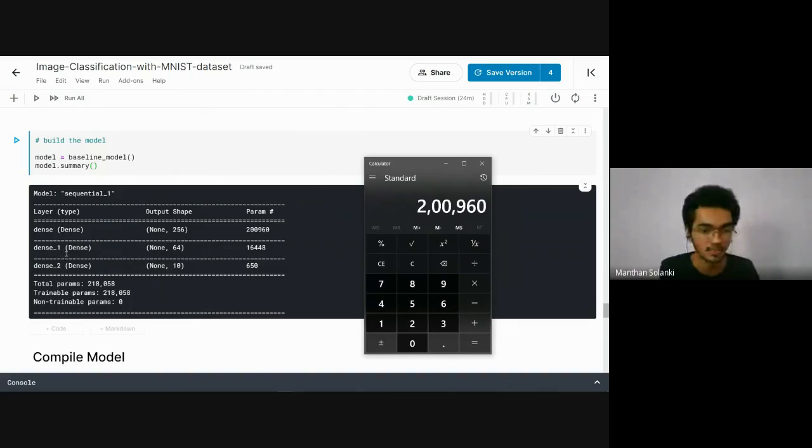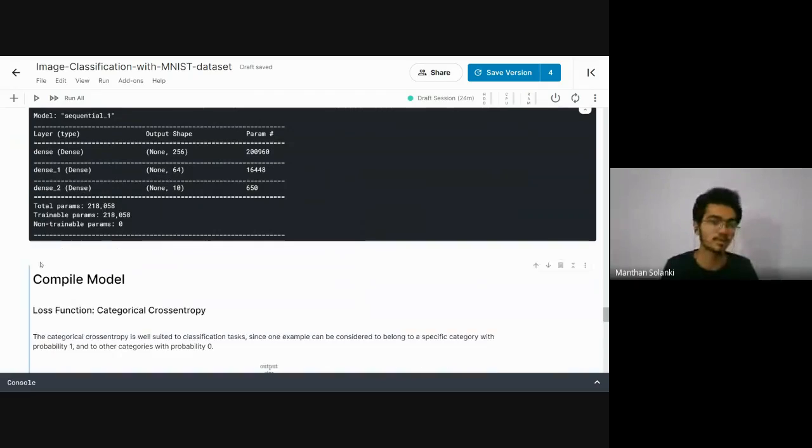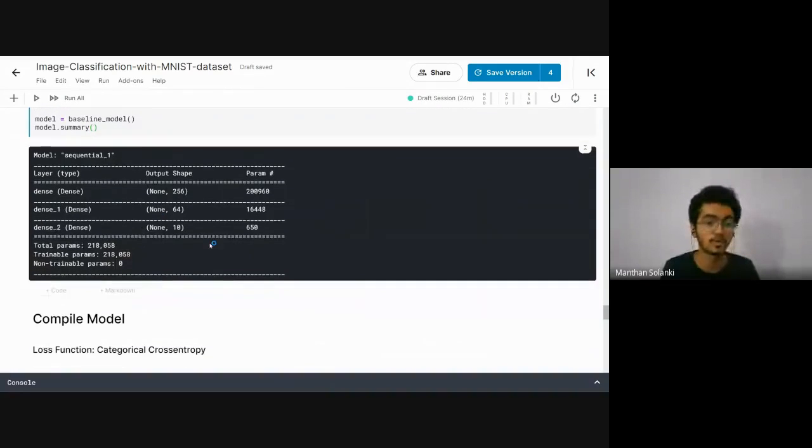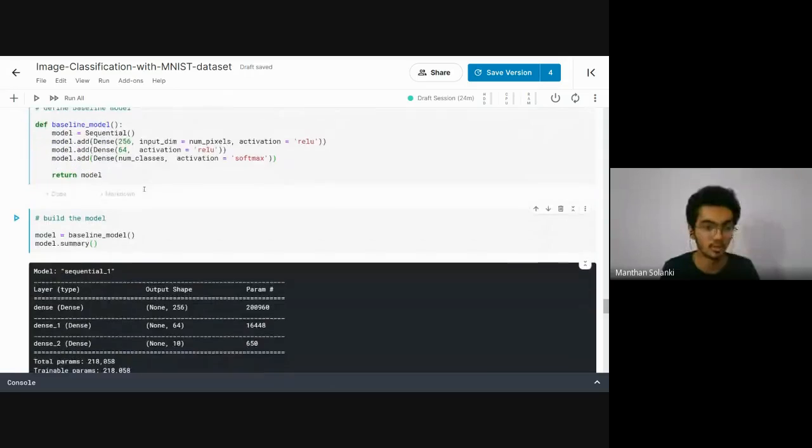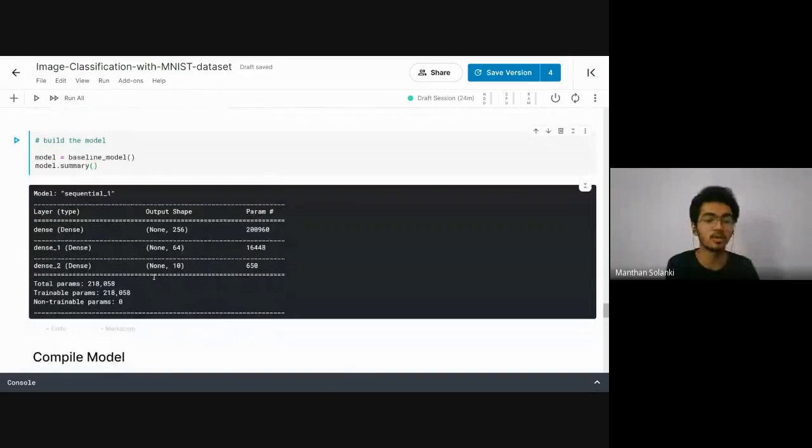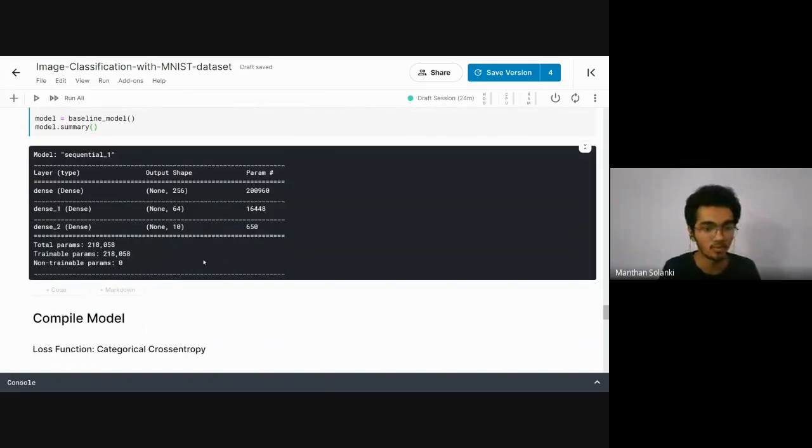Same for the second, 256 into 64 plus 64. Okay, and same for the third. So these are the total parameters, and this is the number of parameters for this small model. So that's why we require much more computation for deep learning neural network tasks.